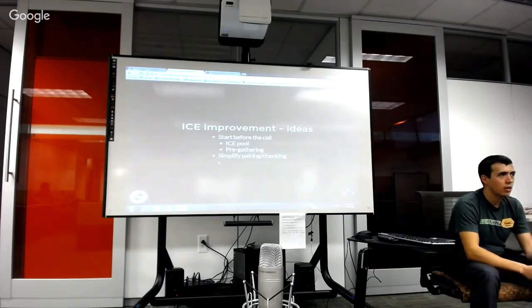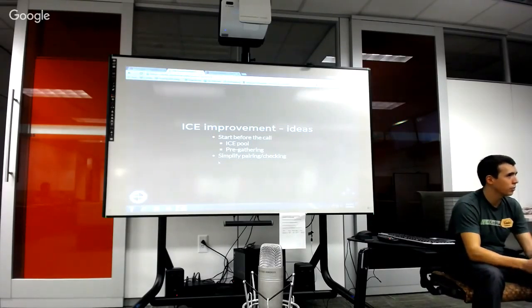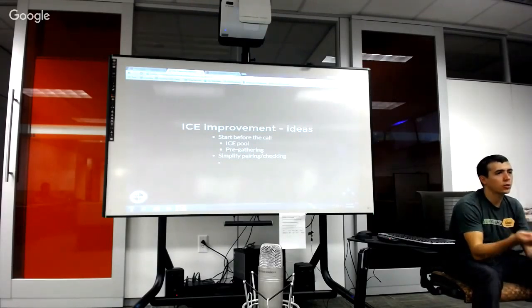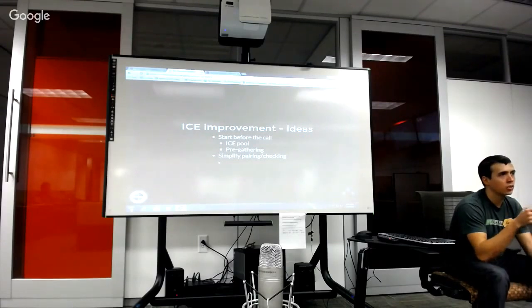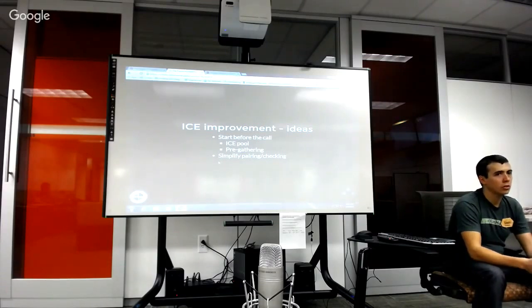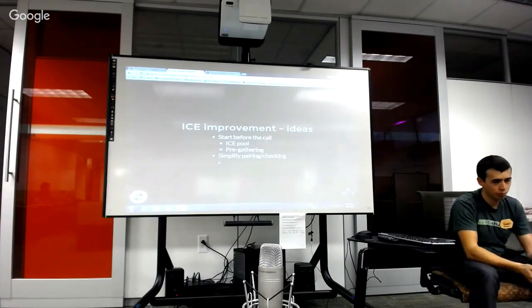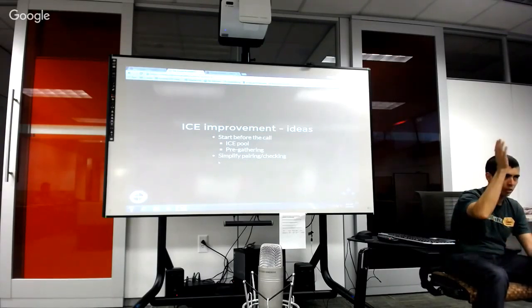Facebook Messenger restricts ICE gathering. They're not purely WebRTC. They have some divergent pieces, but they restrict ICE gathering initially to TURN only, and they relay calls for setup. Then after the call is established, they will continue to gather candidates and potentially negotiate to server reflexive. The reason they do that is they want the call setup to be nearly instant. And TURN or relay candidates are almost always going to work initially, right? Because you're connecting to a publicly available IP.